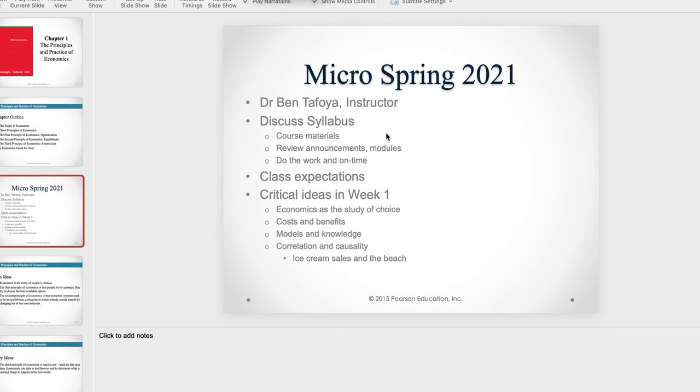So in week 1 of micro, we talk about sort of the basic definition of economics. The first 2 weeks are some foundational ideas related to economics that we want to make sure that we understand, because we'll be expanding on those as we go through the course. But economics is basically the study of human choice, and it's the study of human choice within the context of